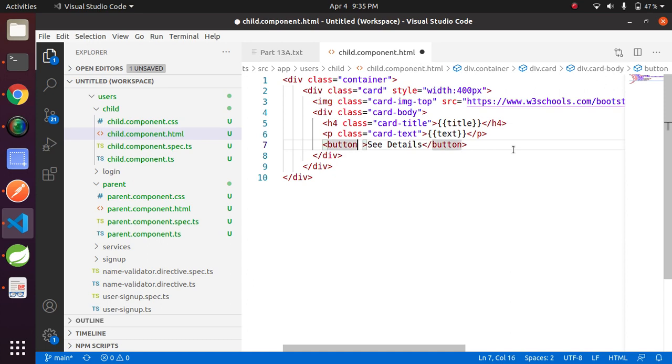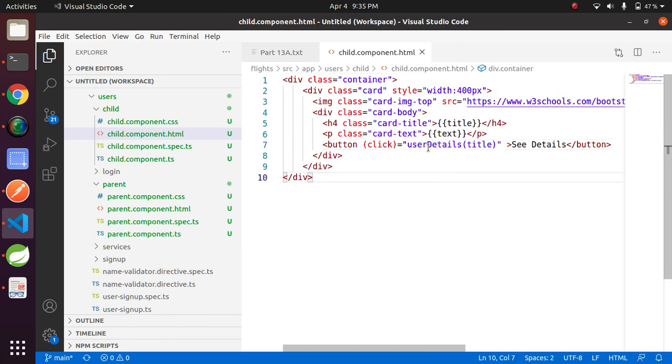Let's add a method here. On click, userDetails, and pass some value from here. I'm passing just the title here. Suppose this is the child component.